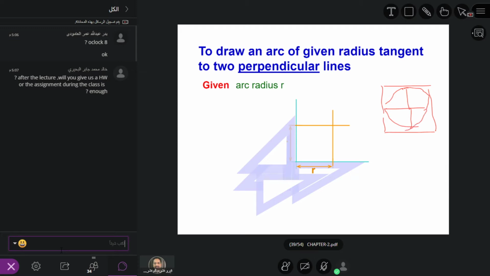That's why I said the freehand sketch is extremely important, because once you are very good at freehand sketch, then everything will be a lot easier. The only thing is, with freehand you are doing it without any dimensions. Now you are doing it with dimensions and with tools. That's the only difference. So the radius should be made as a square with the radius as a side, and then of course you can find the center easily.